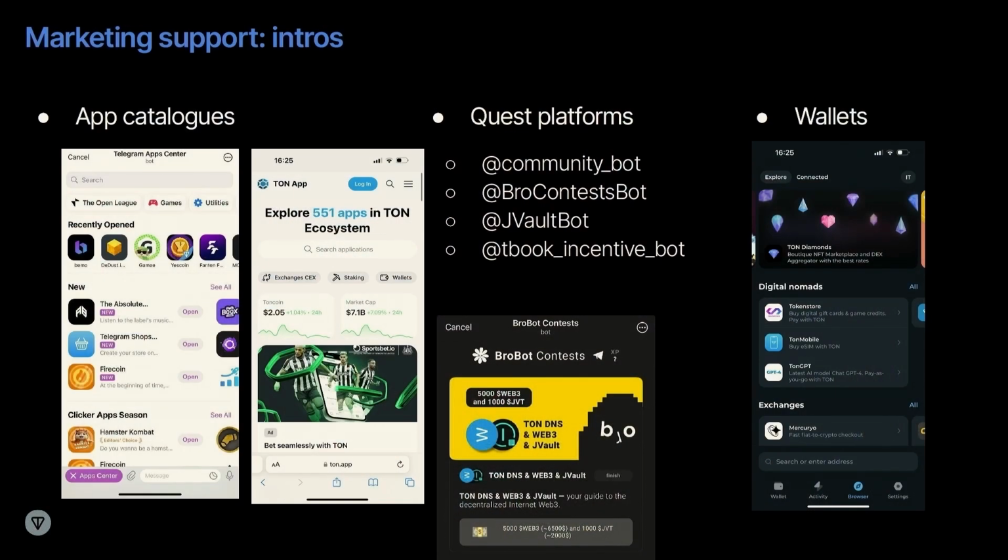To activate and engage your community on Ton, you should definitely look into different Quest platforms that operate inside the Ton ecosystem, such as Community Bot, Bro Contest Bot, JVolt, Tbook, and many others that are also joining the ecosystem very soon. So if you need an introduction to any of the teams, you can also reach out to us. But generally speaking, they are quite accessible and very open to kick off a dialogue with you regarding your potential